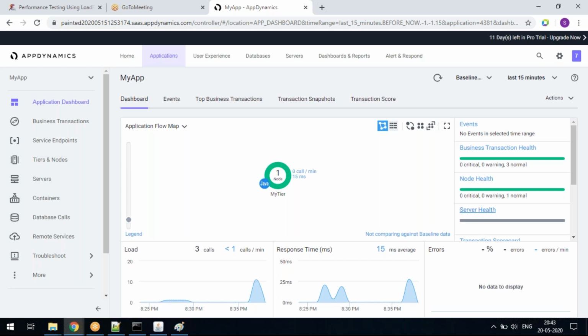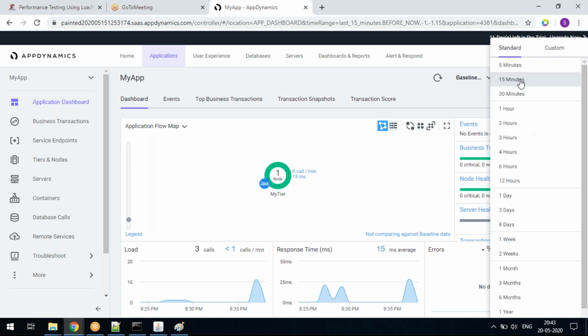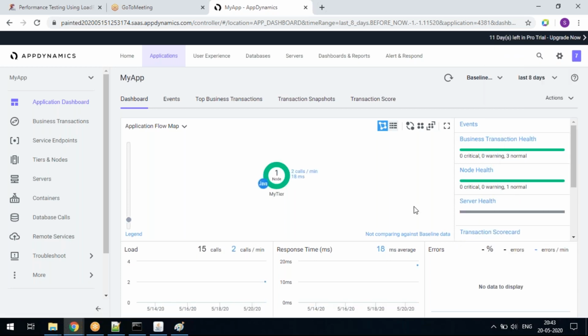For now there is no load, because of that it is showing very limited numbers. But if you keep on hitting this application, obviously it will become red. That threshold and all will go away. So on the right hand side only, you start your investigation. The first foremost thing you are going to do is that. What will I do?